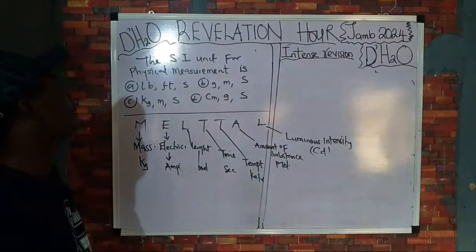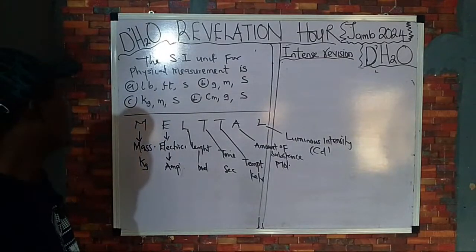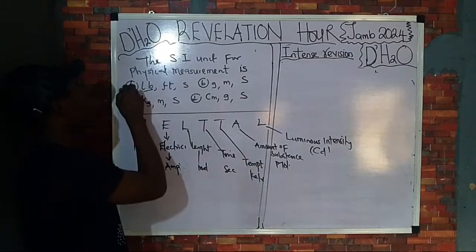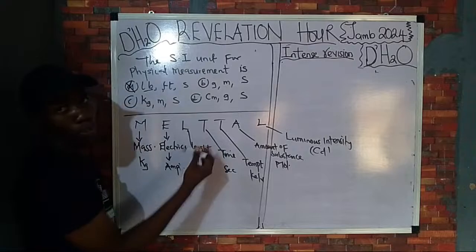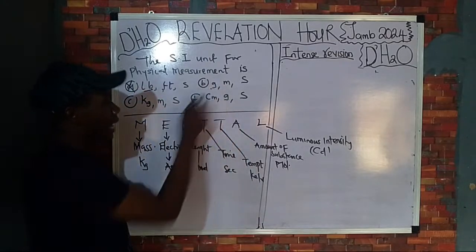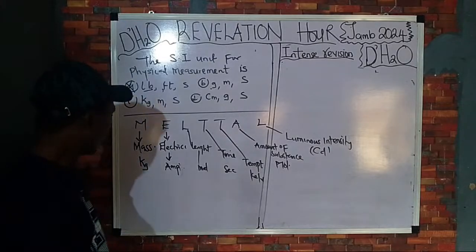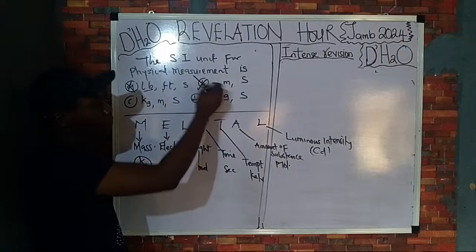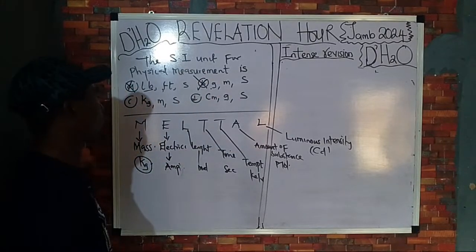This SI unit for physical measurement is what? The answer is what? Do you have pounds in this place? No. Do you have feet? No. A cannot be the answer. Now, check the other option. Do you have grams in this place? No. Your unit of mass is what? Kilogram, not gram. So cancel it out. Option